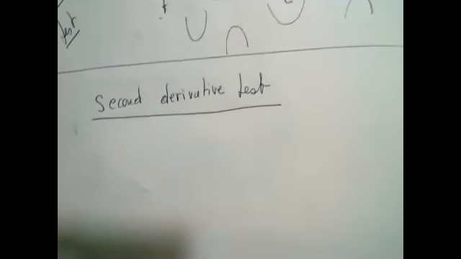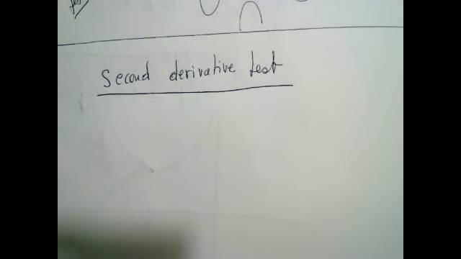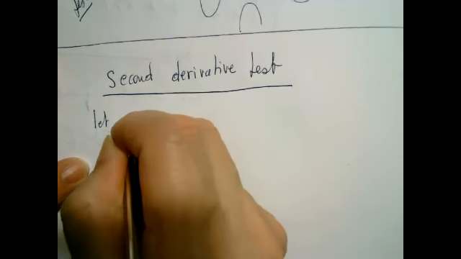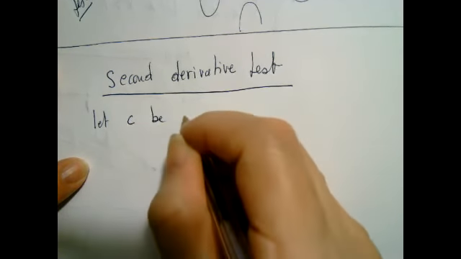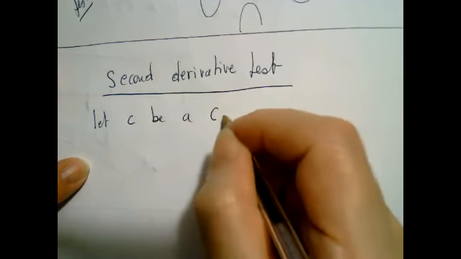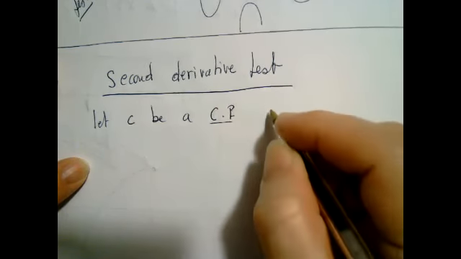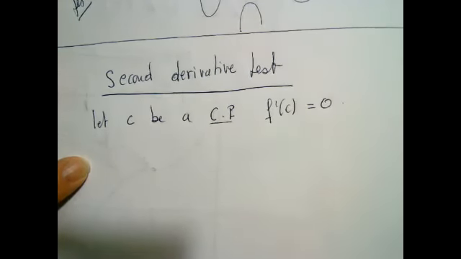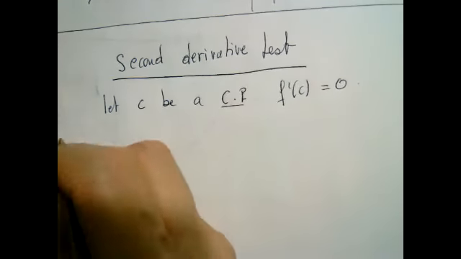Okay, all right, let's see what it says. It tells me the following. Suppose C is a critical point. Remember, a critical point is when the derivative is 0. Let C be a critical point, which means the derivative is 0 or the derivative does not exist. Okay? All right, then if